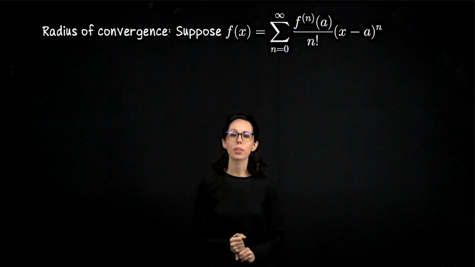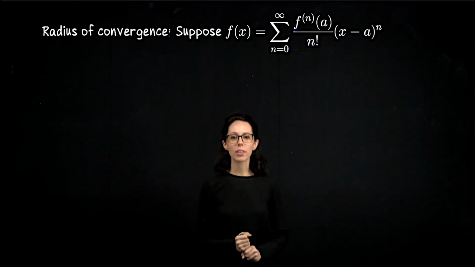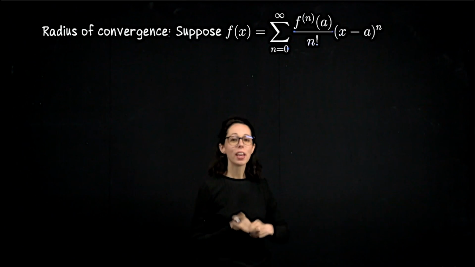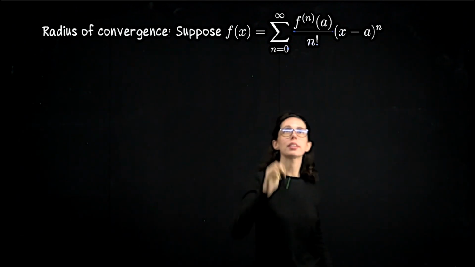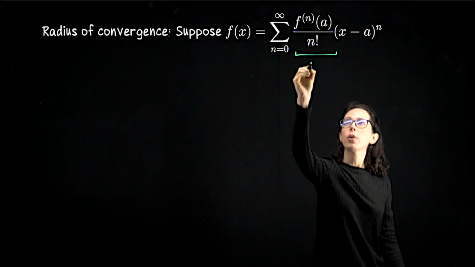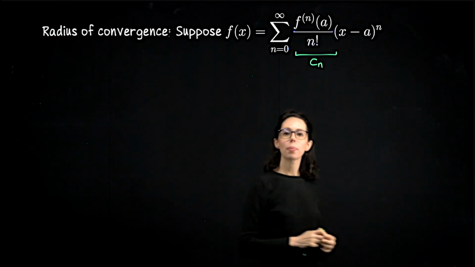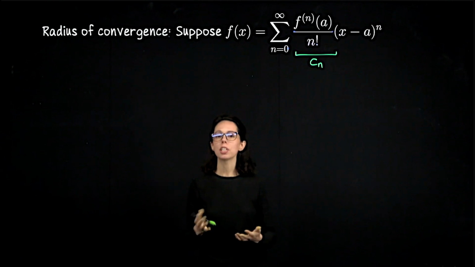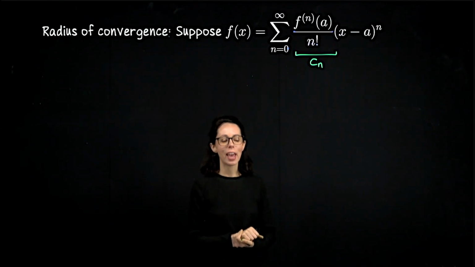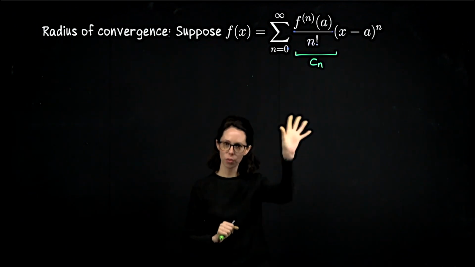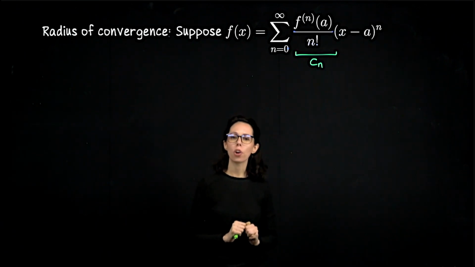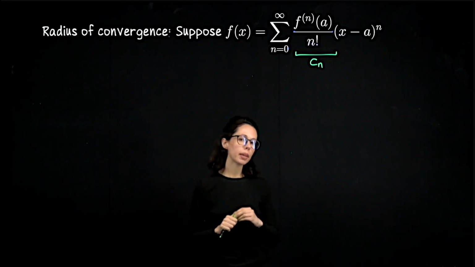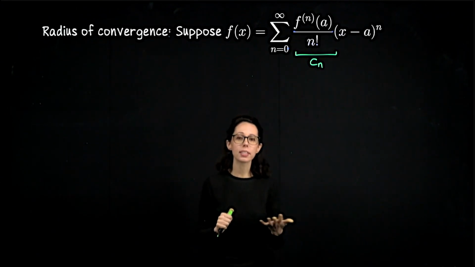Let's talk about how to find the radius of convergence. Suppose we have an infinitely differentiable function f, which has this Taylor series representation. Notice this is just a regular power series where we've given the coefficients that special form that we just derived. What I'm going to do now is just mention how to find the radius of convergence. And what I'm going to say is actually not just true for Taylor series, it's something that you might have already arrived at for power series in general. So how do we find the radius? Well, typically we would try the ratio test, and that's still valid here.